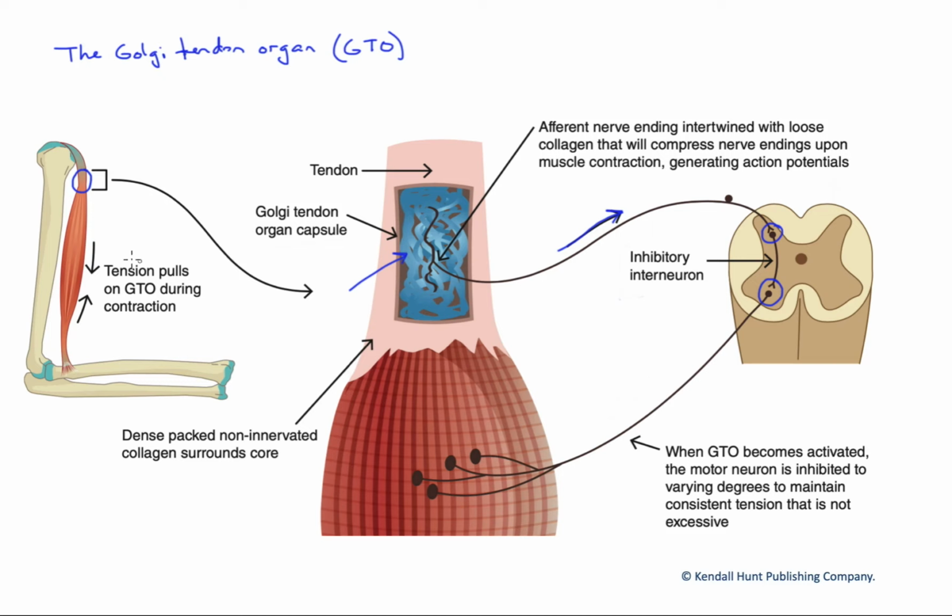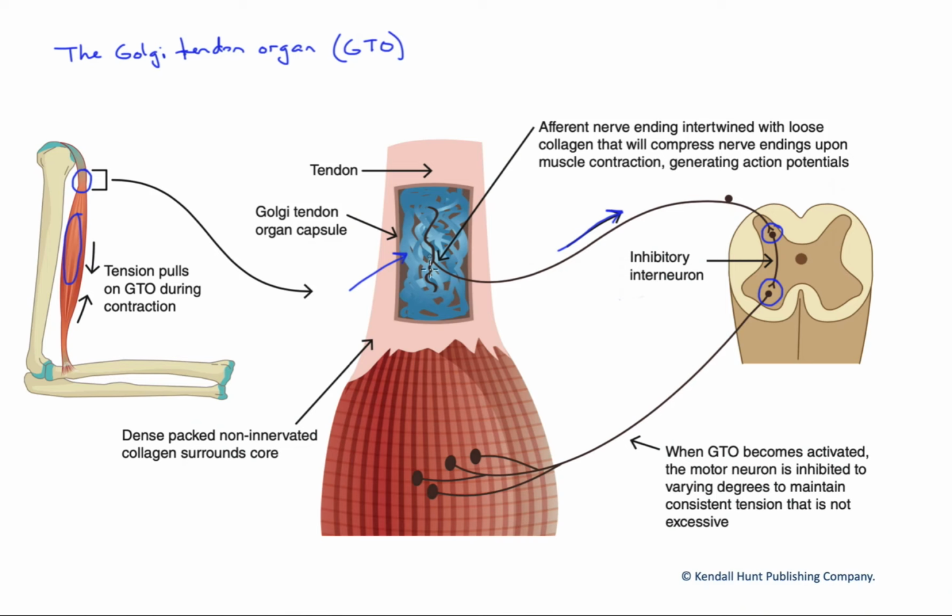Conversely, the muscle spindles, which are found in the muscle belly, shown here, they are actually sensing changes in length. They are more proprioceptive in telling us about the length of the muscle during a contraction or even during passive stretch. The Golgi tendon organ is not really activated by passive stretch because the muscle itself is much more elastic,